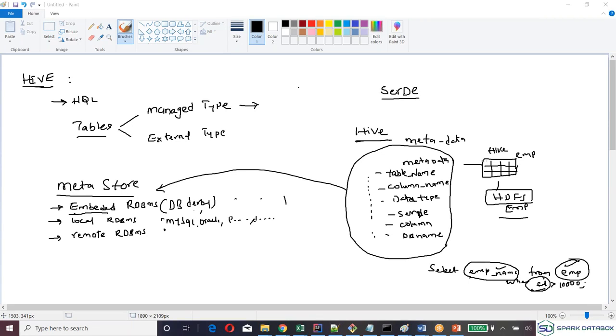Okay. So as soon as you execute your Hive query, like a create table, that time this metadata information will be written into the respective tables. These metastores will already have some tables. When you create your metastore, it will be created with some tables. I'll explain that, and I'll show you also in your setup when you do this setup.